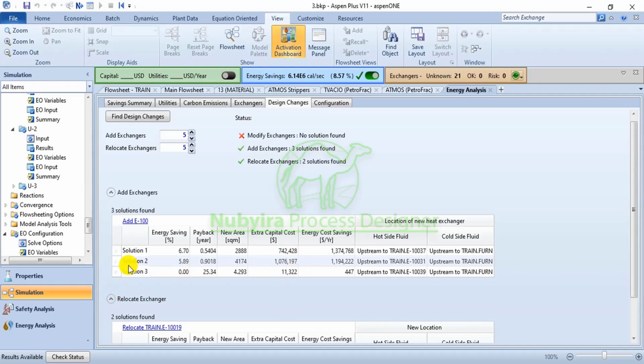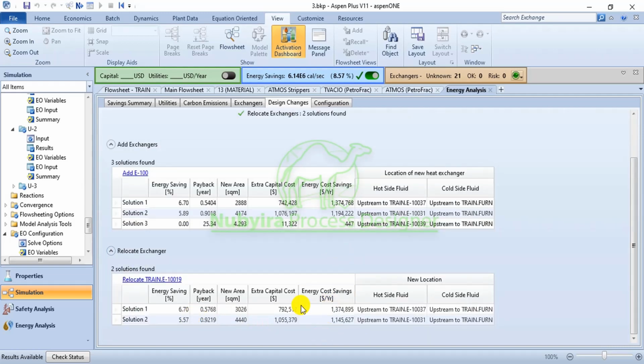Then for this, the capital cost is very high, and even the energy saving is not as high as this. You can see this is having high energy saving. This is not even having any energy saving, and the capital cost is also very low. You understand? So that's why I'm going to try this. Then we have this one, it's also very high. The energy saving is also very high, but the capital cost is very